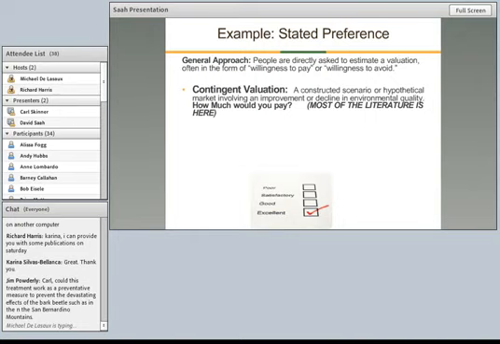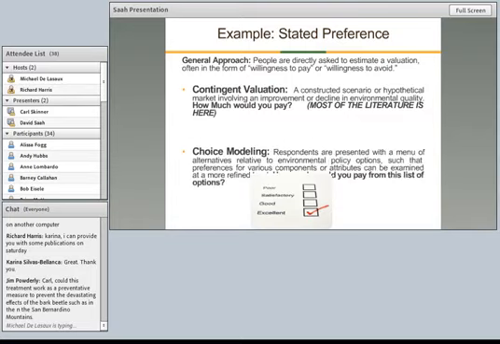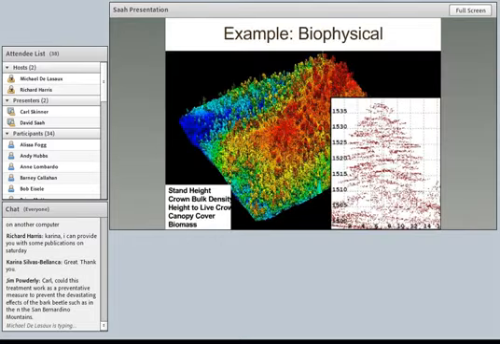Another approach is the stated preference approach, and generally it's like the willingness to pay. So you have contingent valuation. Most of the literature that you see out there is focused on contingent valuation, where people will come up to you and basically ask you in a structured setting, how much are you willing to pay for flood mitigation? How much are you willing to pay for recreational use? A more organized approach using this stated preference is choice modeling, as opposed to giving people just the option to pick whatever they like. It's the same basic approach, but allowing people to pick essentially from a list of potential options.